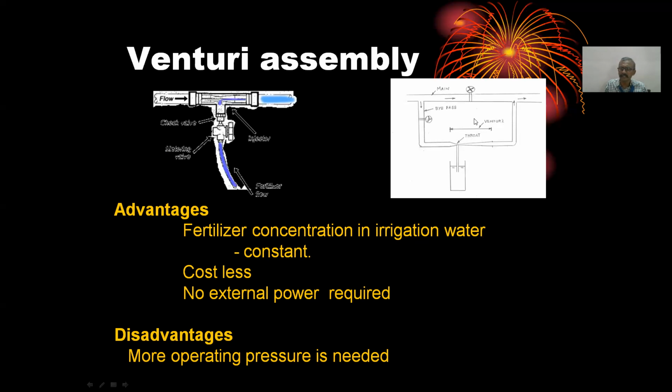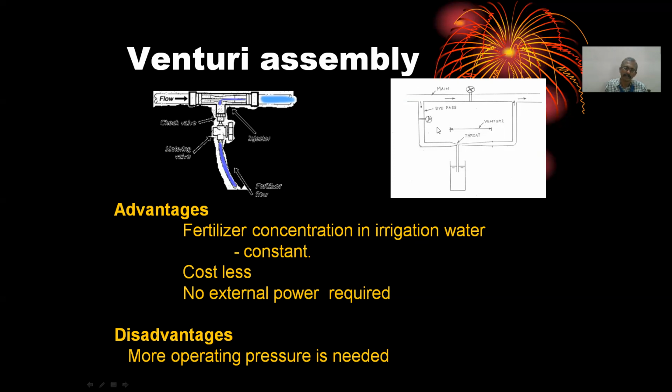It's very less cost. It's a good system. You will get a continuously same concentration of fertilizer in the irrigation water. And only one disadvantage it has is, if you make use of this system in the drip irrigation system, this will cause a lot of pressure energy loss because of contraction and expansion. To a level of 3 meters to 5 meters of pressure loss will happen because of this